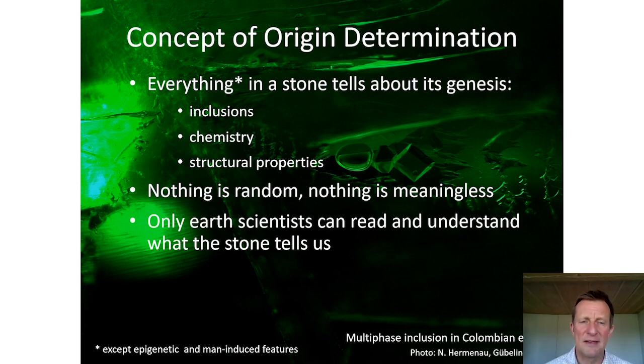So whatever we look at in a crystal, in a gemstone, it is not random and it is not meaningless. We might not understand everything, but we have to take everything we observe seriously and try to give it a meaning. That's also why we believe that if you want to do origin determination, you might need more than just a standard gemmological training. You might have to get a certain understanding of earth sciences, of geology, of mineralogy, so that you can better interpret and make more sense of the things that the stone is telling us by its inclusions, its chemical properties,